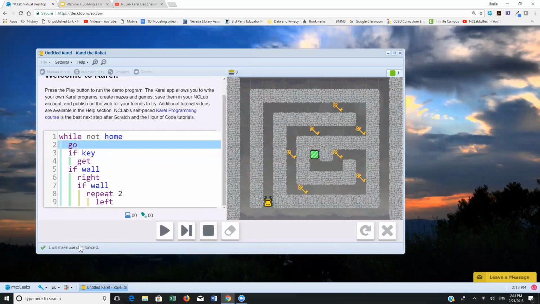What's he going to do? He's going to make one step forward, and he does. And then he's going to check. He's going to see if there's a key, he's going to get it. But you'll notice down here it says that the condition is not satisfied. So he's just going to keep going. He didn't get to see a key, didn't run into any walls. He's just going to go back and forth and go, go, go, go,